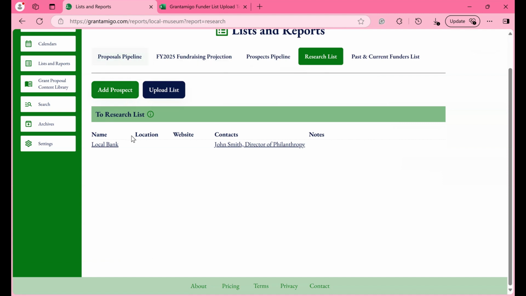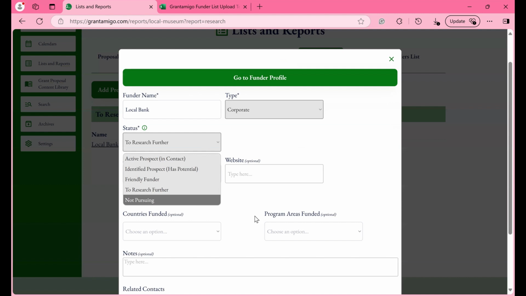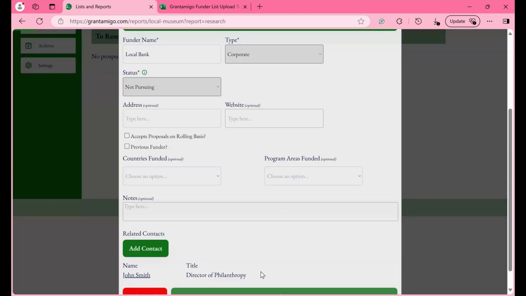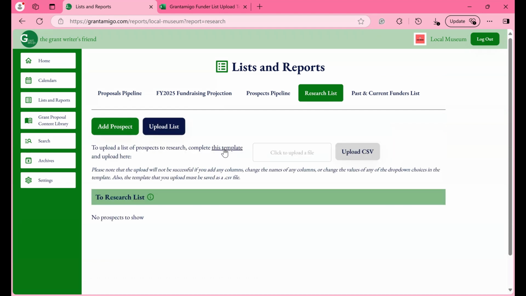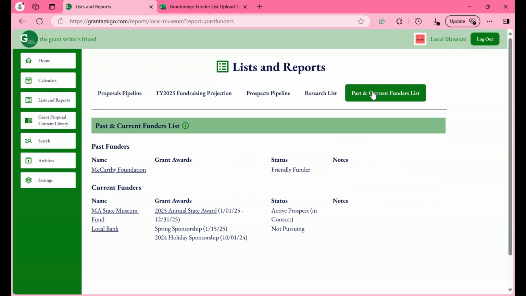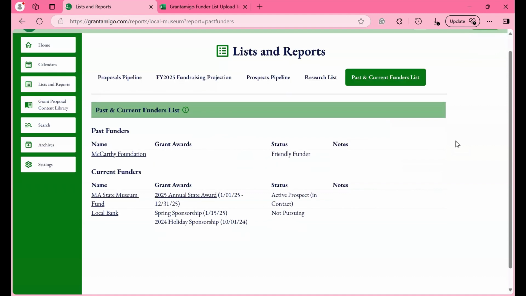And if you want to move them off all of those lists, you can just change the status to not pursuing. And then that will move the funder to the list in your archives called funders not currently pursuing. You can also use this template link to upload a list of research funders as well. And finally, your list of past and current funders is often a helpful reference list. So current funders includes all your funders with grant awards that you've entered that have a grant period that includes